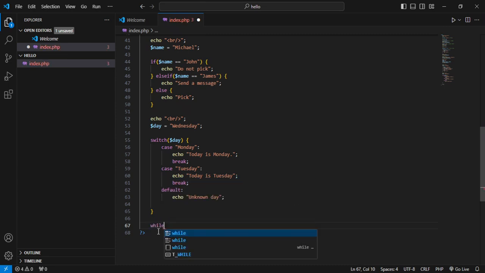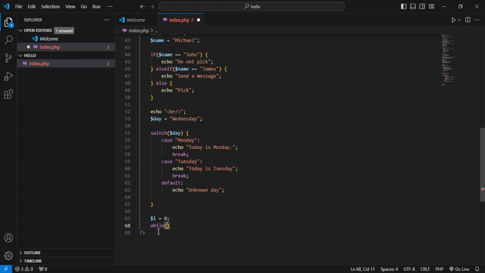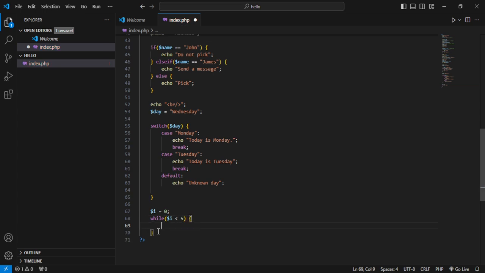This is the syntax. You have the keyword while, and then the condition that we make to be true. In this case, let's first create a variable. Let's say integer I equals 0. So while the condition, I will make it to be true, while I is less than 5. This condition is what we enable to be true. And let's just say echo